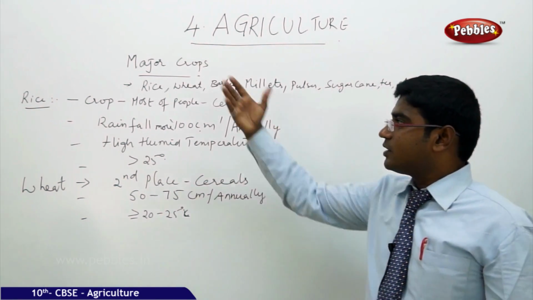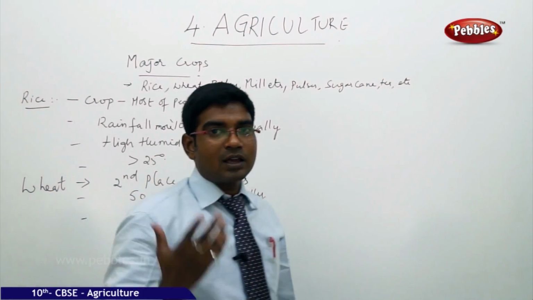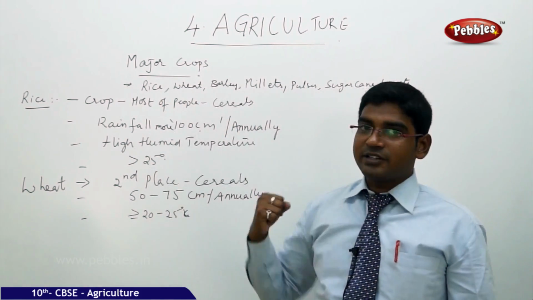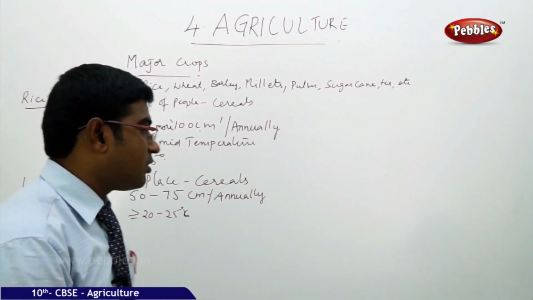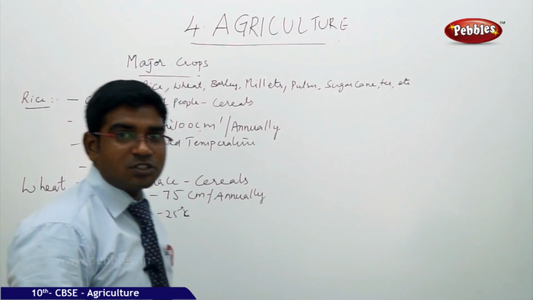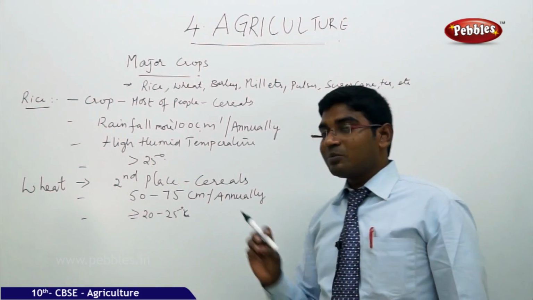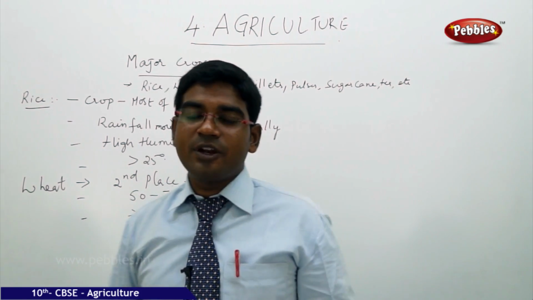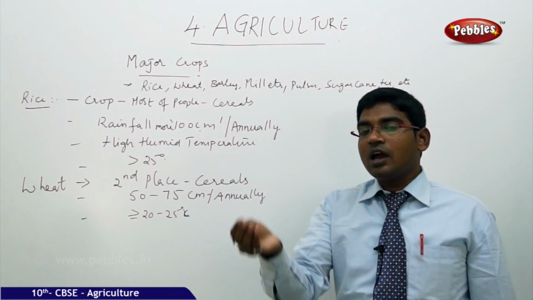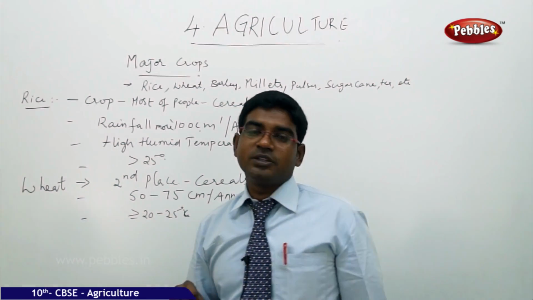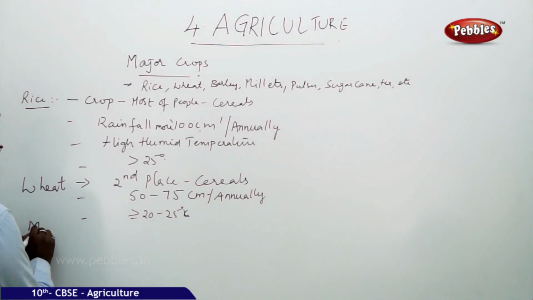Rice is produced in northern and southern states like Tamil Nadu, Andhra, Karnataka and Punjab, Haryana, whereas wheat is also produced in northern states as well as southern states like Karnataka, Tamil Nadu, Madhya Pradesh, Andhra Pradesh and others. Only very few states in the south do not produce wheat, but still we produce a large amount of wheat, because wheat is also consumed as a staple food in many parts of North India and also in some parts of South India. And moving on, the third major crop produced in India is millets.